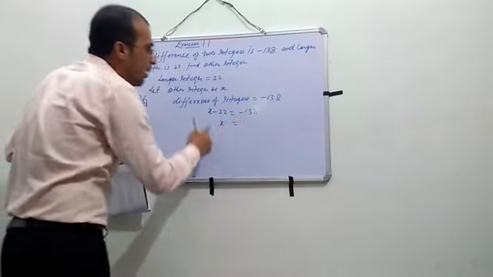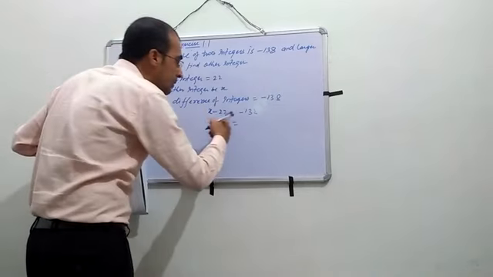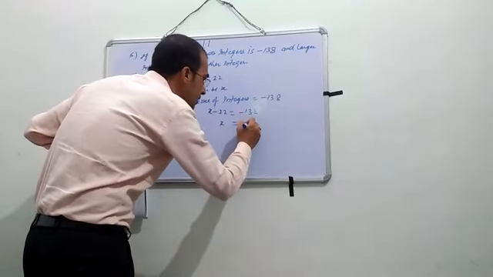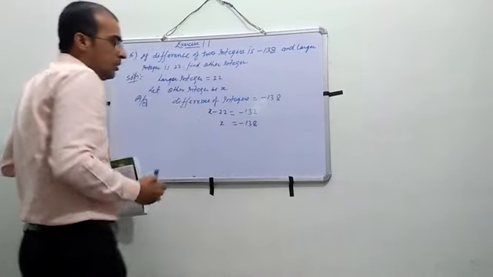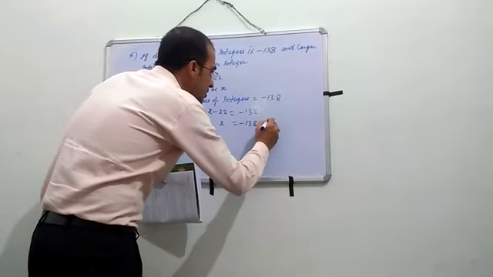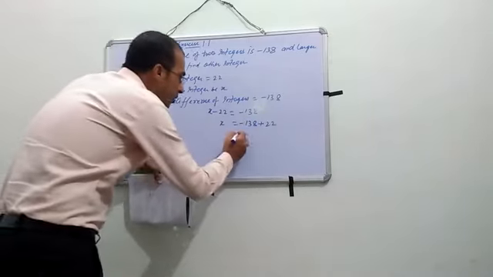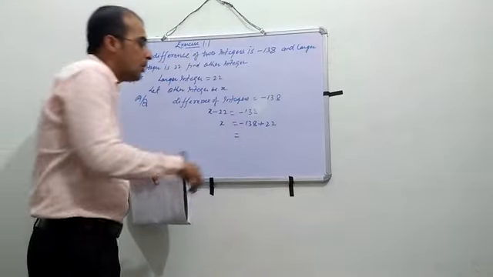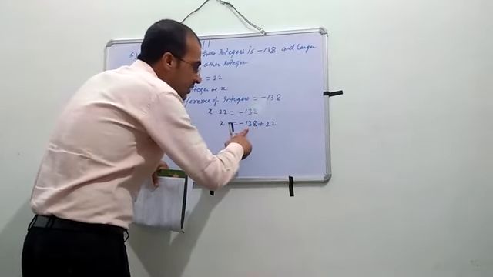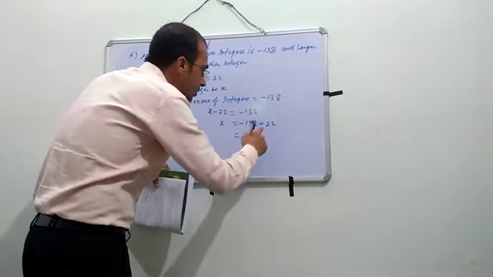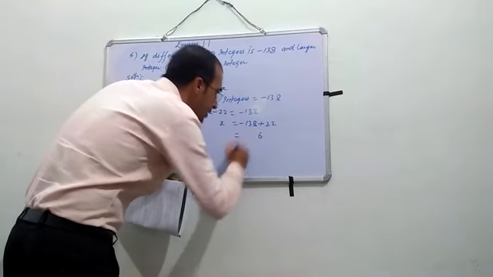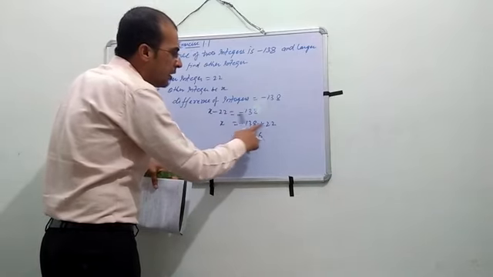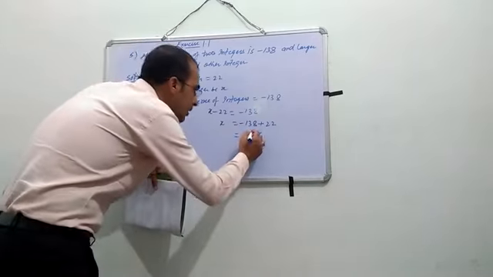So x equals minus 138, plus 22, because we transfer the 22 to that side. Here it is negative, so that side it will be positive. Then one is negative, another is positive. In this case, we will subtract from higher to smaller. So 138 minus 22. Then 8 minus 2 equal to 6. And 13 minus 2 will equal to 11.